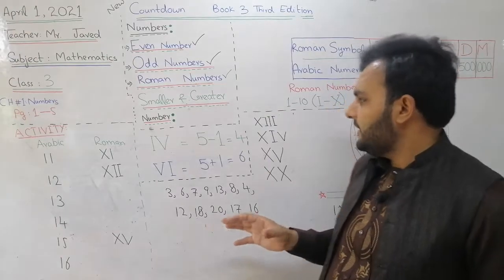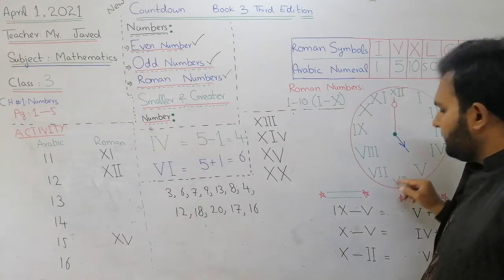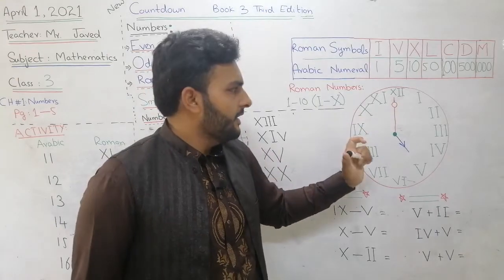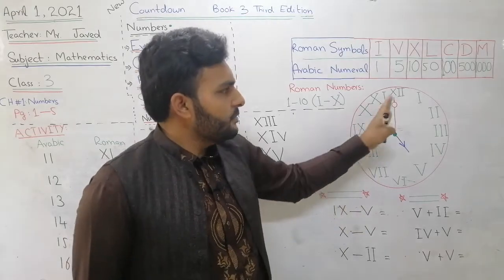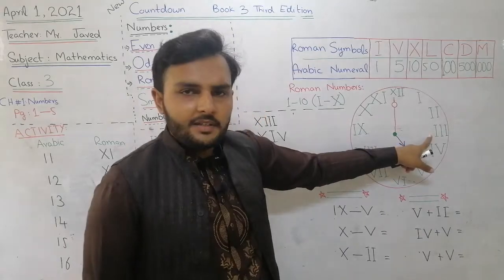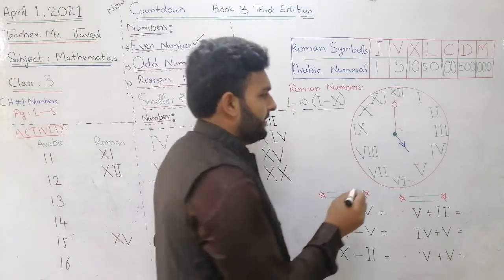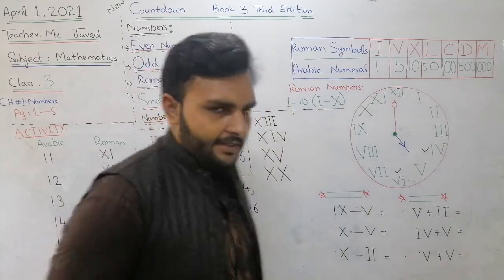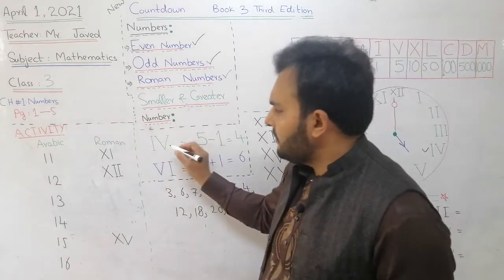I want to summarize this again. 1, 2, 3, 4, 5, 6, 7, 8, 9 and 10 up to 12, it is here in the clock. They are simple. We are using them in our daily life, and up to 12 you know very well. If there is a student who doesn't know, just look here. Up to 3, this is very simple. And 4 and 5, I want to give the basic concept of this 4. And where is the 6? This 6. Look here, I wrote here, this is 4. We should know this.